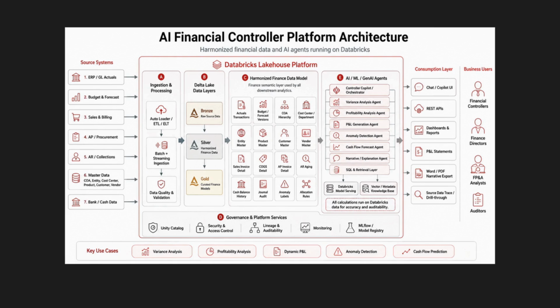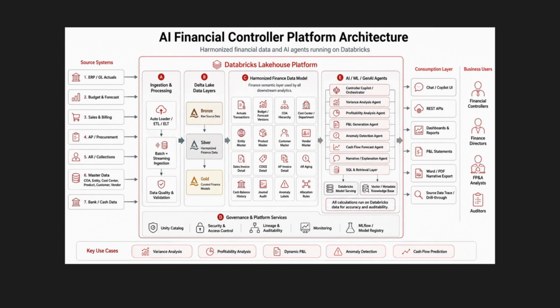Now, on top of which we have an AI agent layer, which does both predictions for cash flows as well as agentic AI, where it helps the controller to talk to data in a very natural language. For example, a controller can ask, what is my marketing expense in Q1, and it creates a report. He can ask, what is the variance between actual versus budget in Q1 last year. It shows the reports. Also, product costing, profitability analysis, everything can be done directly by interacting with the data